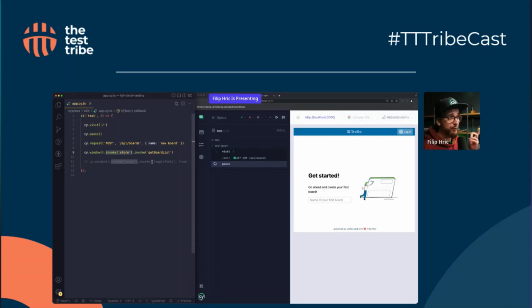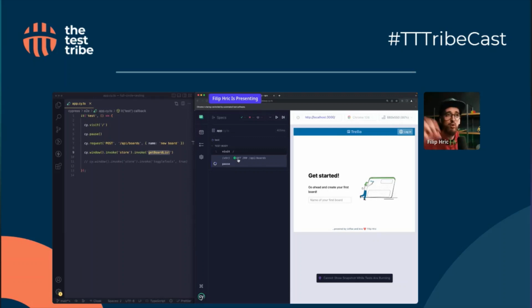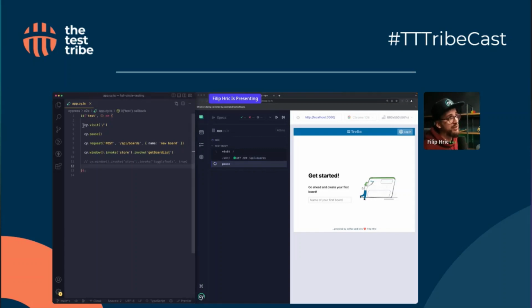So I can, for example, get the board list. What my application is doing when I'm opening it is that it is triggering an HTTP request with the method of GET and the URL of /api/boards. What this will do is it will get all of the boards, all of the items that it should render on this page from the database. Now, what I'm doing here is that I'm visiting the page, so that's going to load all of the boards, and then I'm using request to create a new item in that database. But of course,